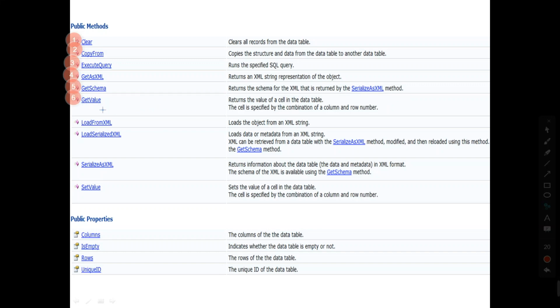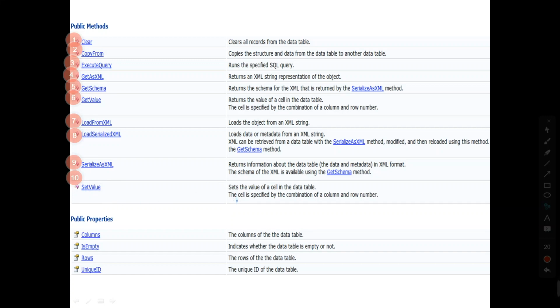So in sixth you can see GetValue returns the value of a cell in the data table by passing the column ID and the row index. LoadFromXML loads the object from an XML string. LoadSerializedXML, you can load data or metadata from an XML string. These methods are not so important. And similarly you can see the ninth, SerializeAsXML. And the last one is important, SetValue.